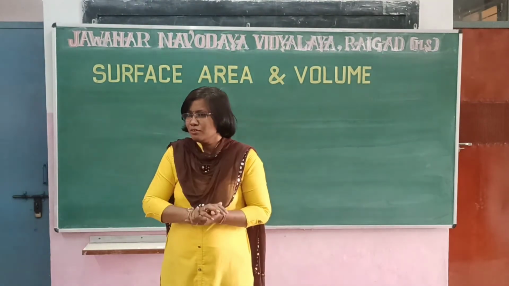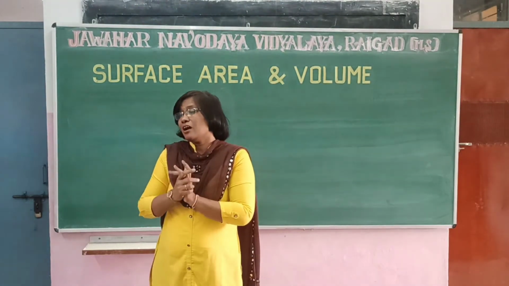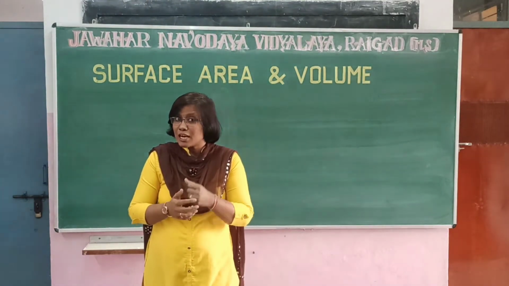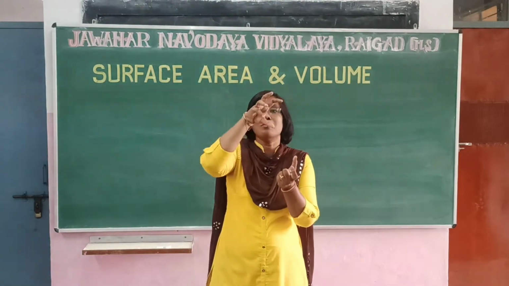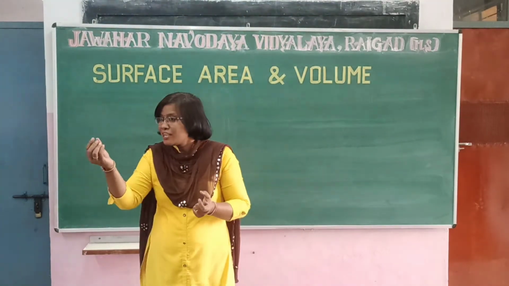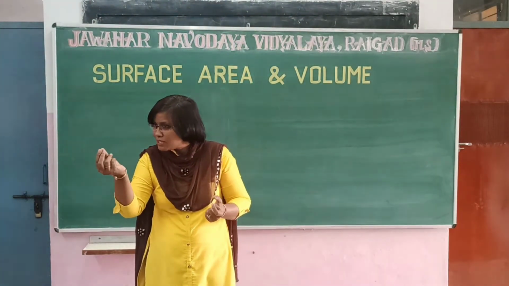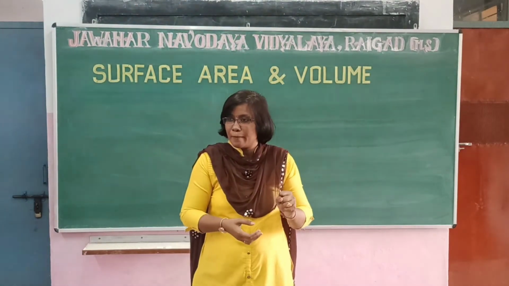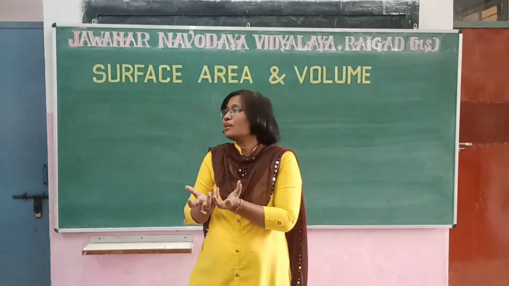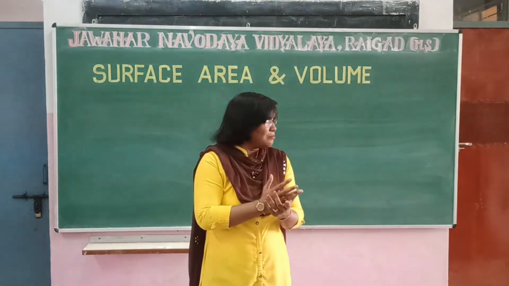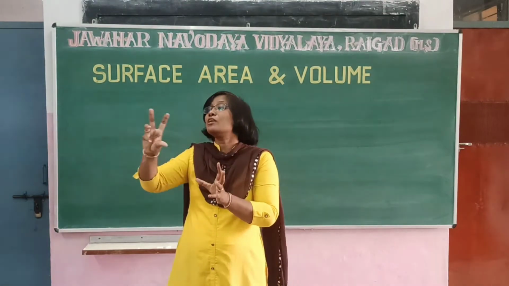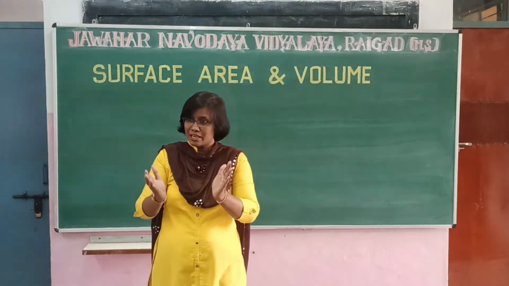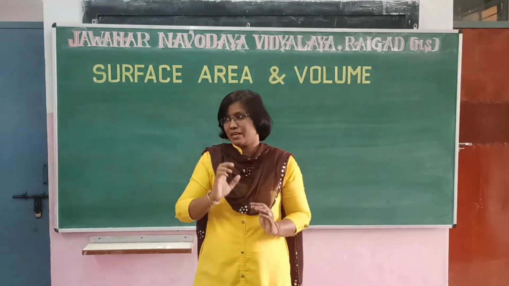Now let us come to study how we can find the volume of a solid which is converted from one shape to another, like the laddu, in which small spheres are combined to form a big sphere. Do you understand? Or metal which is melted and converted to a sphere. So for such examples we need to study how to calculate it.